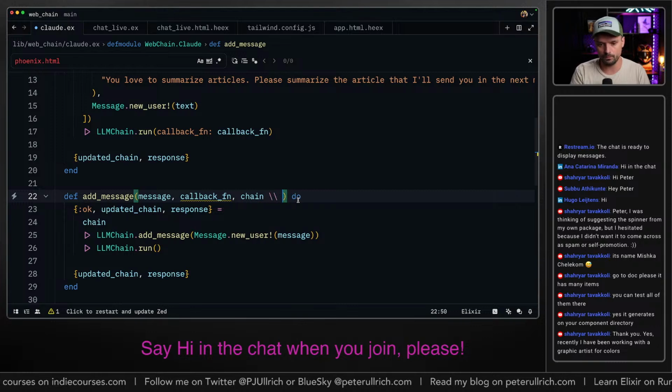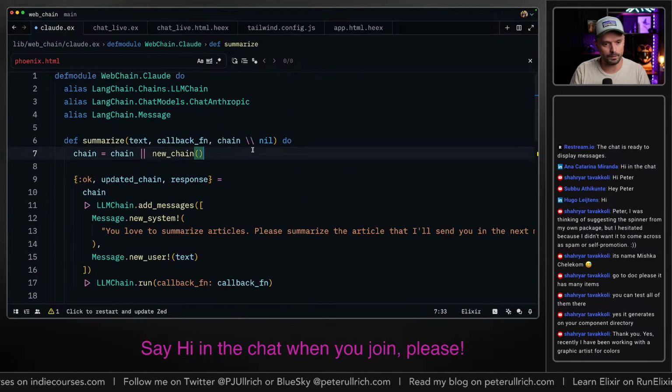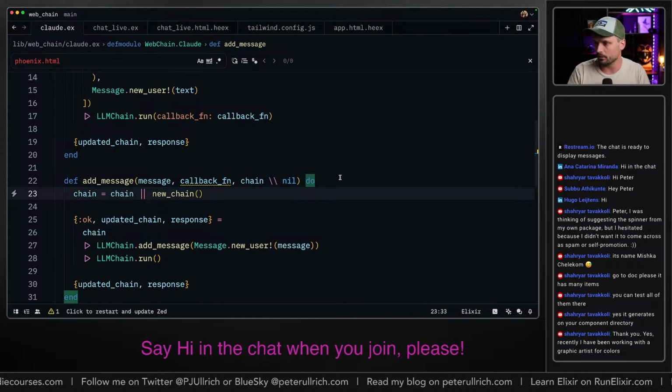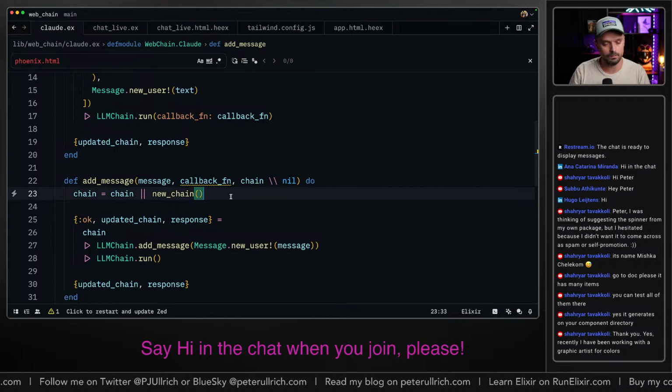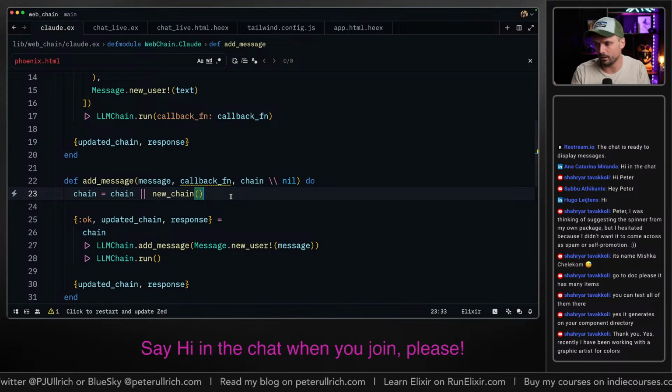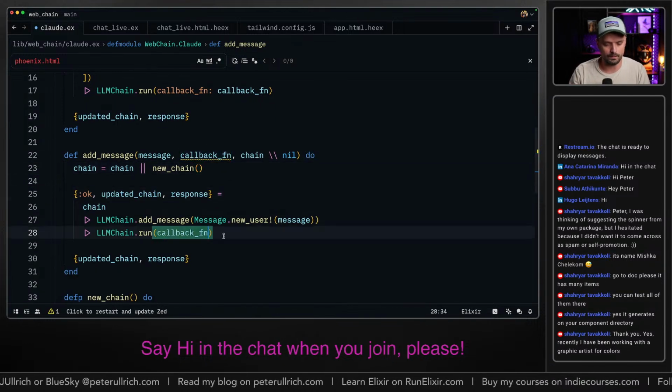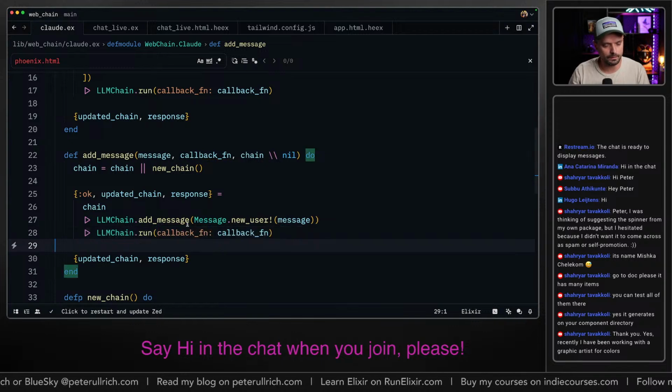And also, we could start with a message now, not a summary. Technically now we could reuse this API to start a conversation without summarizing an article first, right? Because right now we first handed in the article link, but we don't need that. Anyway, long story short, now it's a bit more generic.